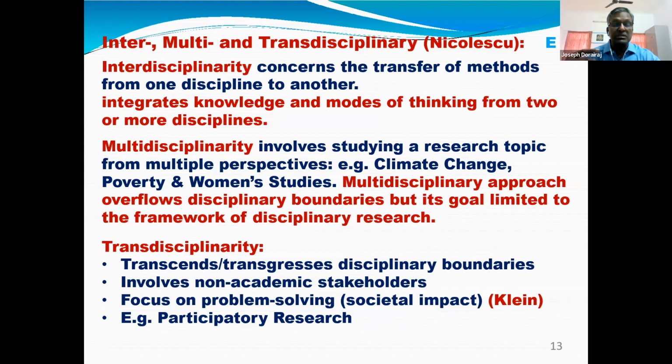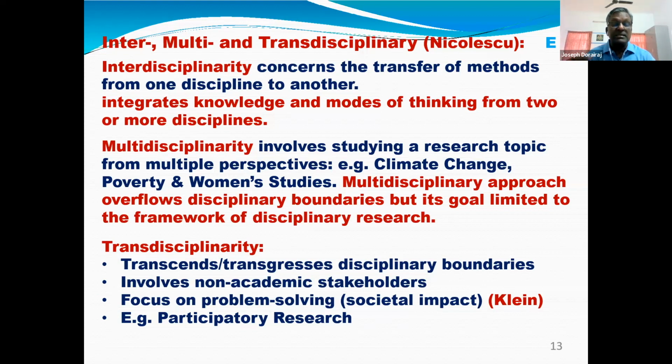disciplinary boundaries are transcended. We have drawn boundaries. This is economics, this is anthropology, this is sociology, this is physics, this is chemistry, even physical boundaries. So in many of our institutions, whether it is a college or a university, we have separate buildings for different subjects, different disciplines. This is chemistry, this is physics, even the physical structure. So it clearly indicates that disciplinary boundaries are very clearly drawn. But in the case of